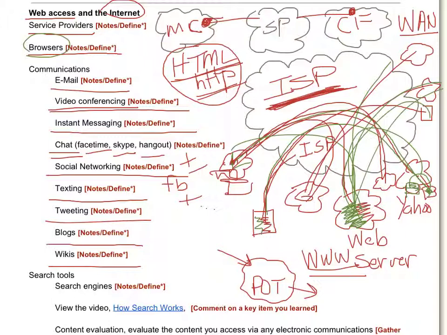Search tools. The search engine. You shouldn't confuse that. There are lots of them. There's Google, Yahoo has one, Bing. Those are probably some of the major ones. There's other ones out there. This HTML,